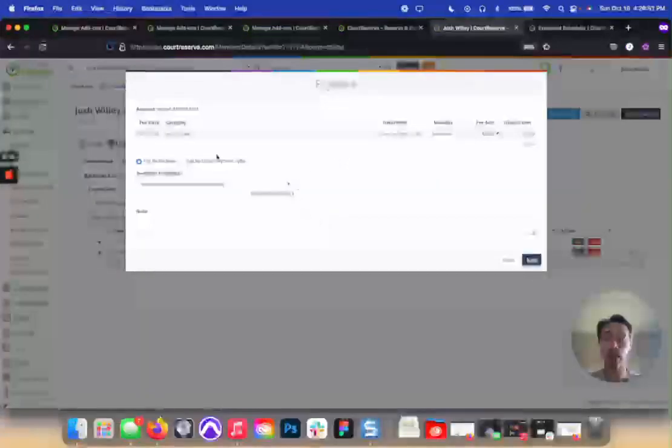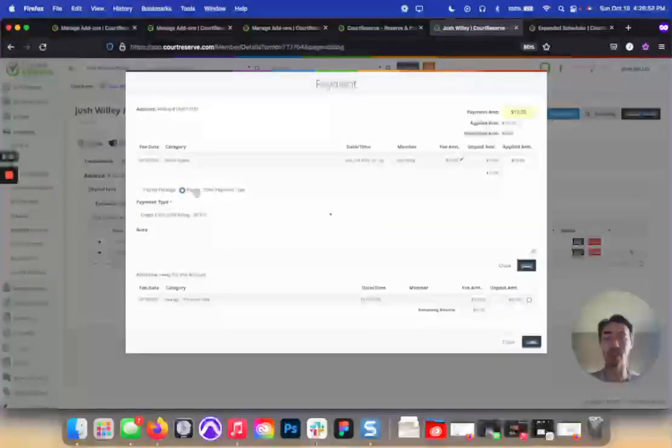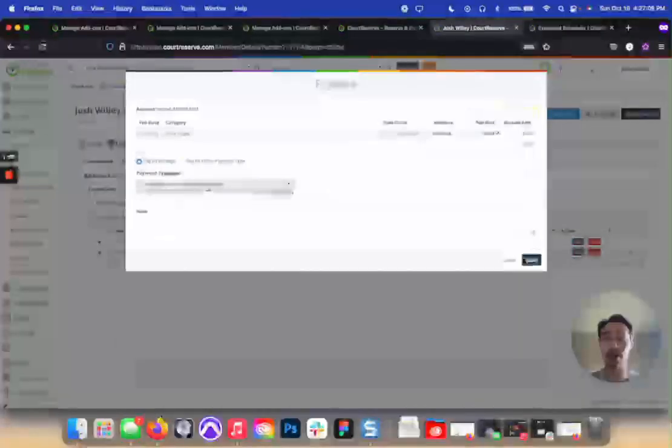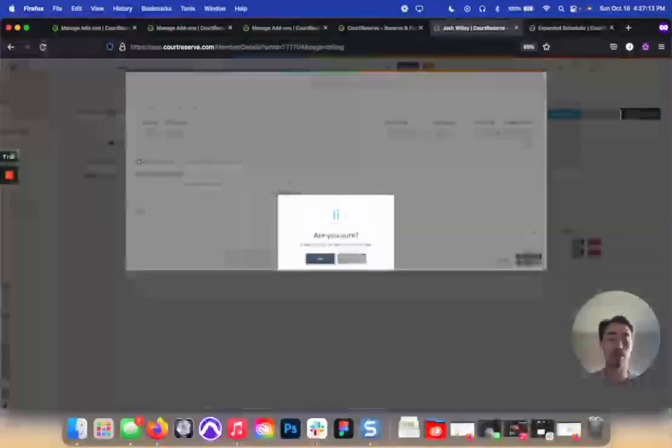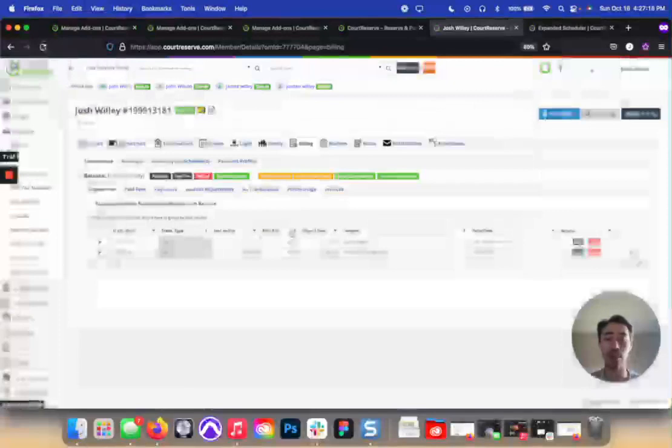So when you click on Pay, now you'll see that there is a field where you can select to pay by package or pay by other payment type. Pay by other payment type is just going to bring you to that typical payment type field that we have, but if you click over at Pay by Package, you'll be able to see any active packages with remaining punches on this member's account. Once you hit save and you pay for that package,